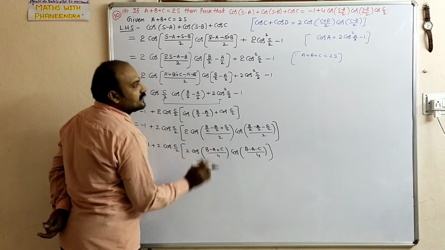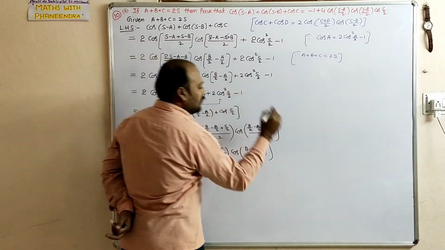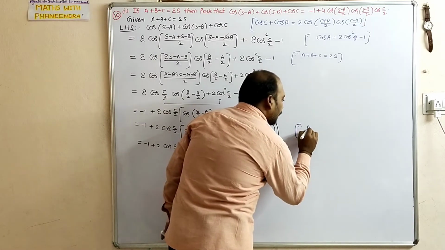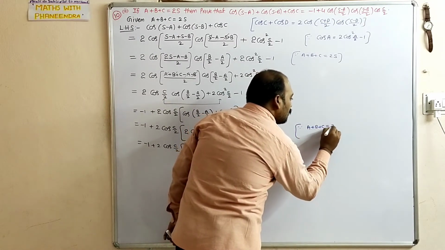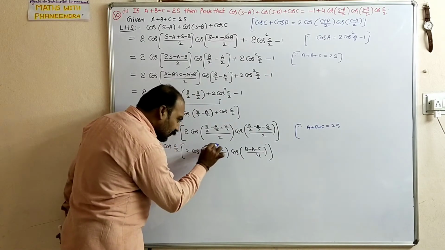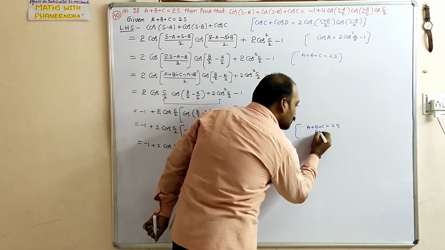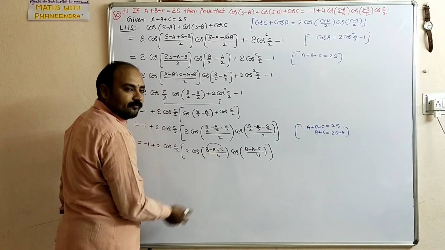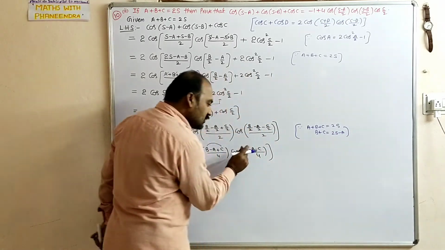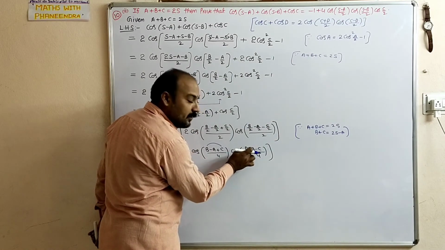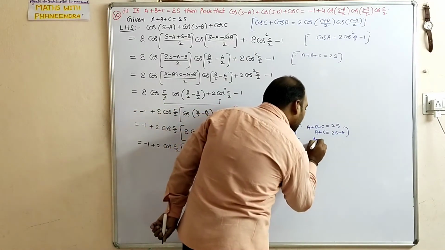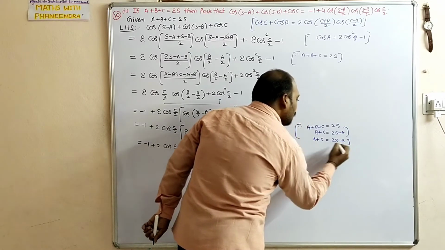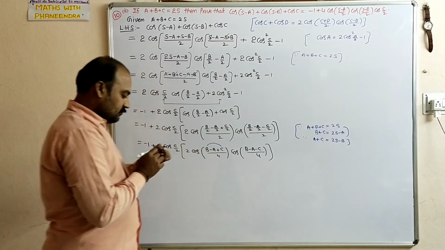So B plus C is there. Observe carefully from this given information: A plus B plus C is equal to 2S. In place of B plus C, can we write 2S minus A? Similarly, here B minus A minus C will be B minus of (A plus C). From this, A plus C can also be written as 2S minus B. These two results we will write.